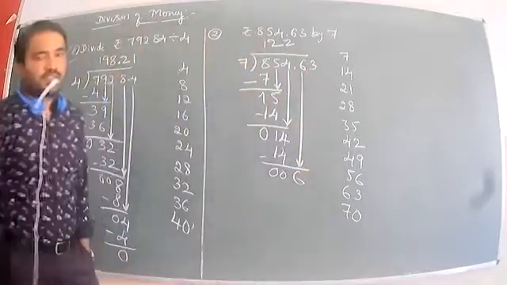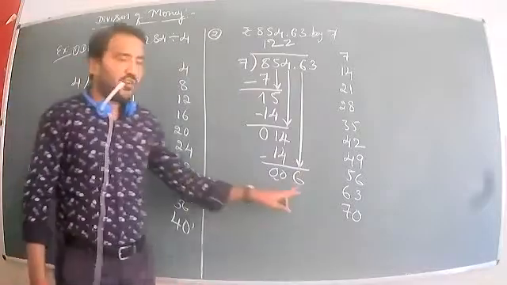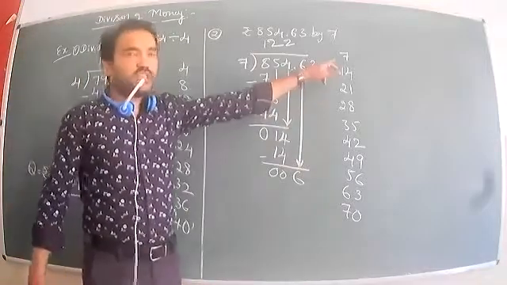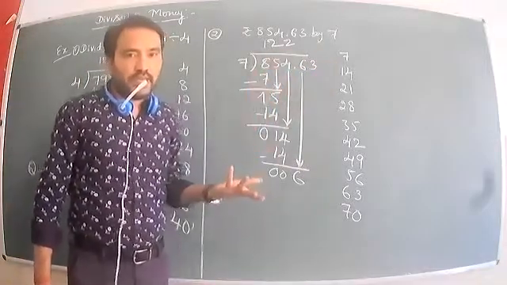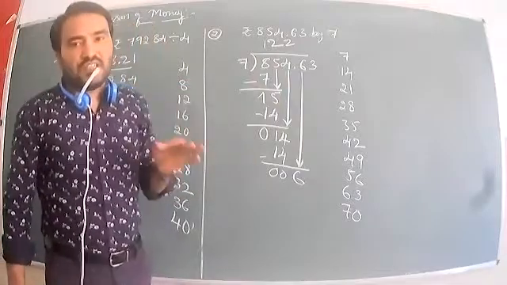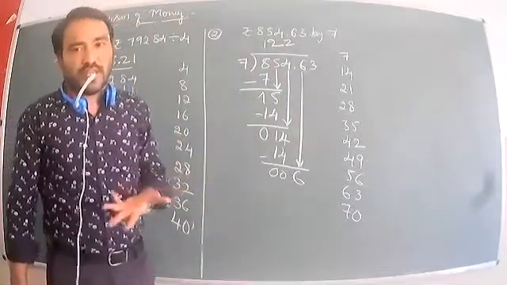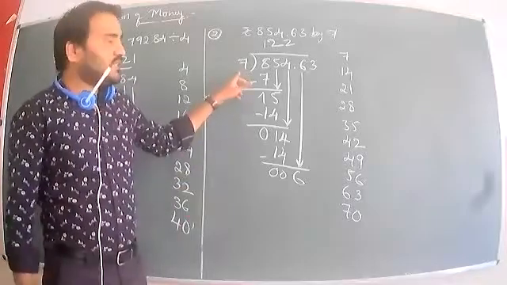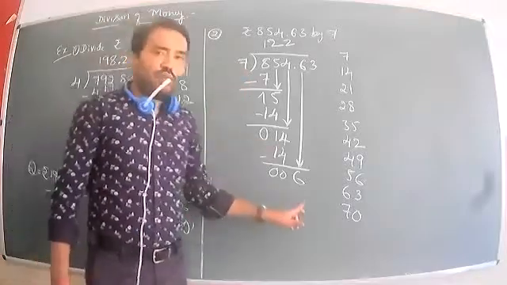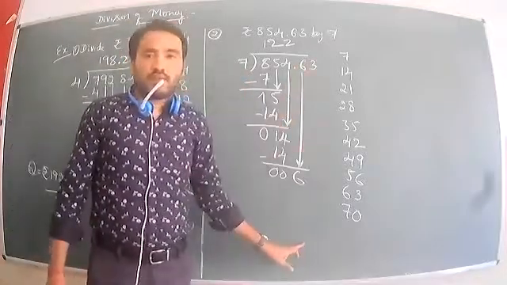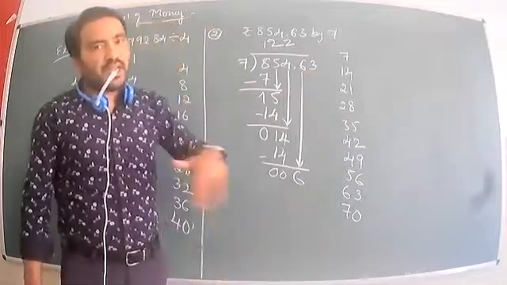Okay. When the 6 is there, 7 table 6 is not there. So what do we take? 7 is greater. So which number can we take? We can take 7 0 the 0. We can multiply any number by 0, so we get the answer 0. So now multiply 7 0 the 0, because no number is there. We cannot take two or three numbers down at once. First we take the first number, and again the next number.